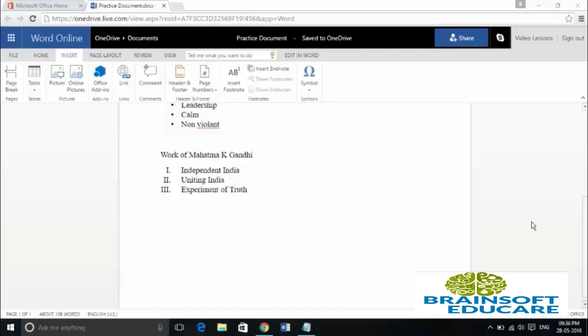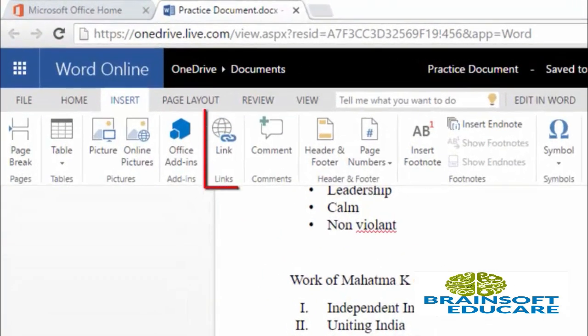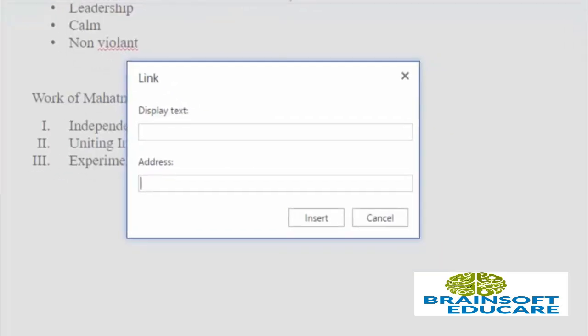So let's see how you can insert a link in your document. There are two ways to insert a link in your document. The first one is by this link section, and another I will teach you later. So let's see how you can insert. Click on this link button and it will open up a new window, a new pop-up,